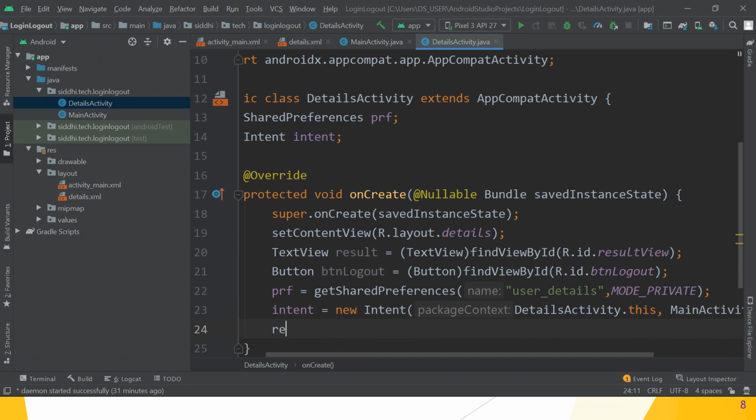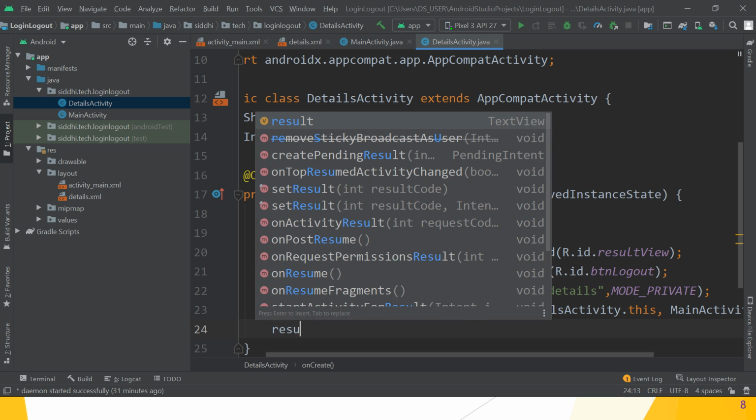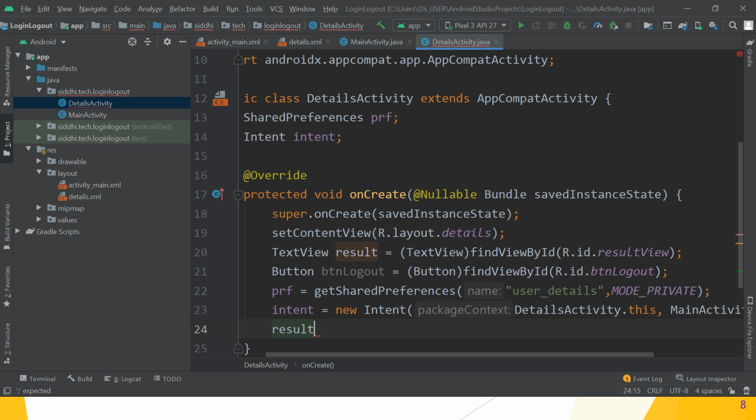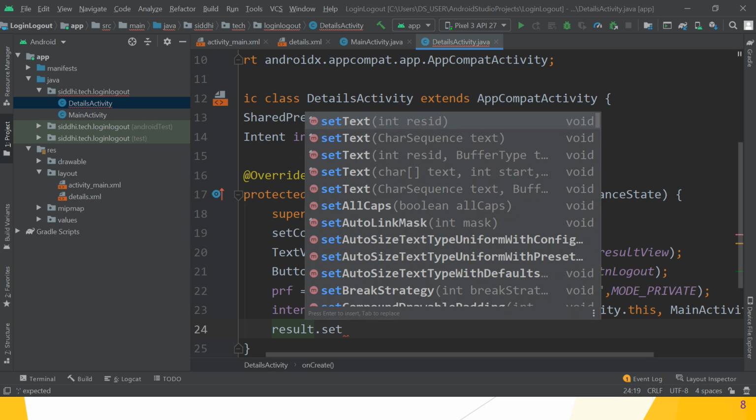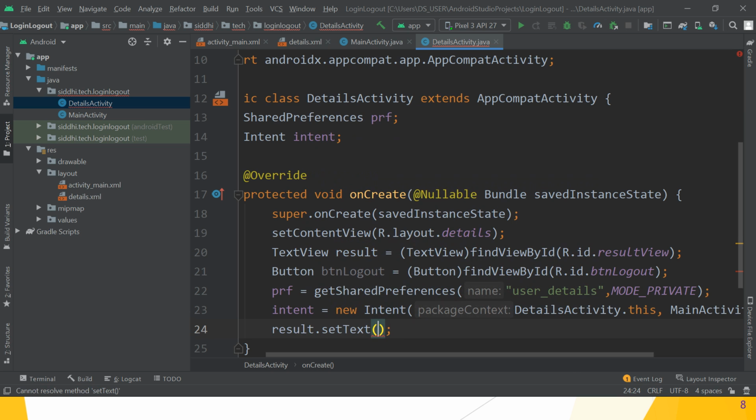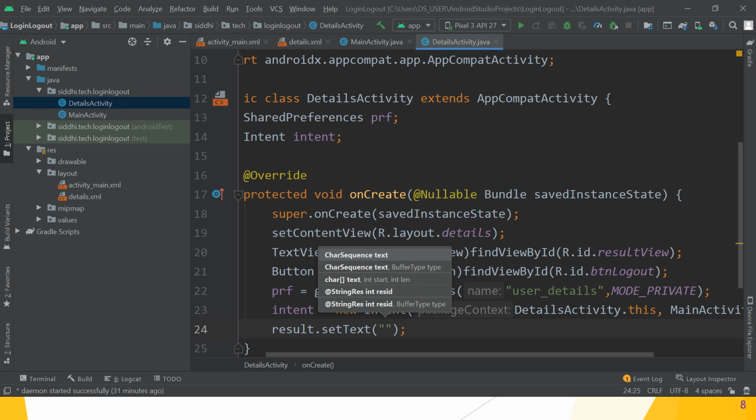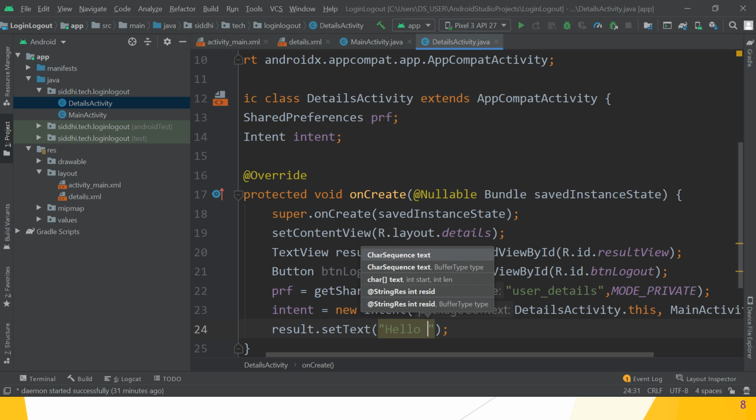So after that, result dot set text. What we want is, if login is successfully completed, then the login window switches from login to logout window and gives the message, Hello student.